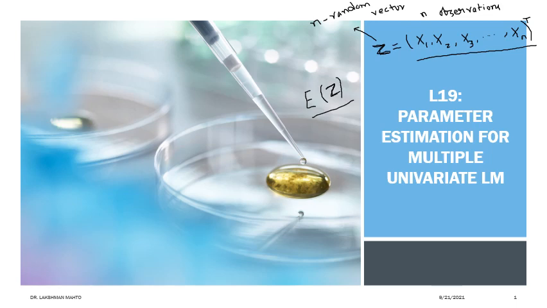What is the dimension of expectation of z? It is the same as the dimension of z. So this we are calling the parameter of this random vector. You can leave it, but by default you need to know how many components are there. So this one is an n-dimensional vector. It is a representation of z, or we can say it is the first order moment, or we can say it is the expectation of z.